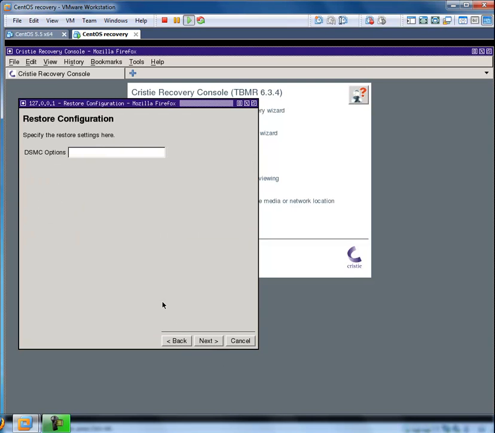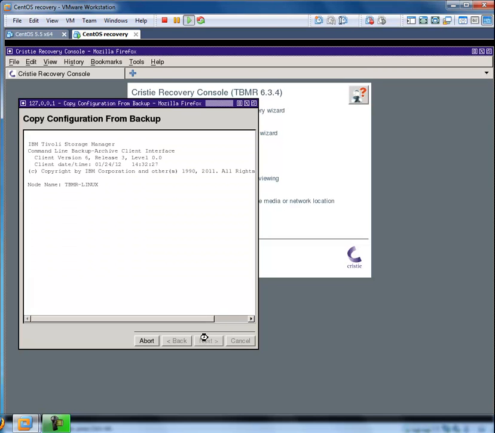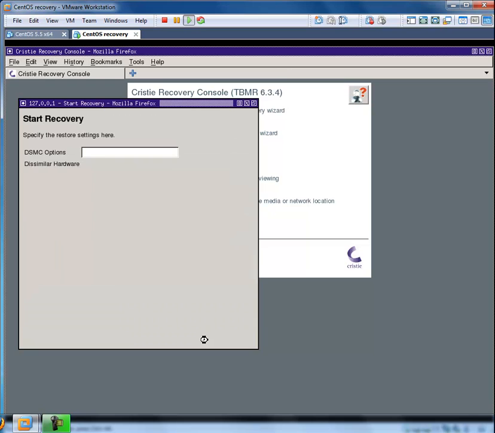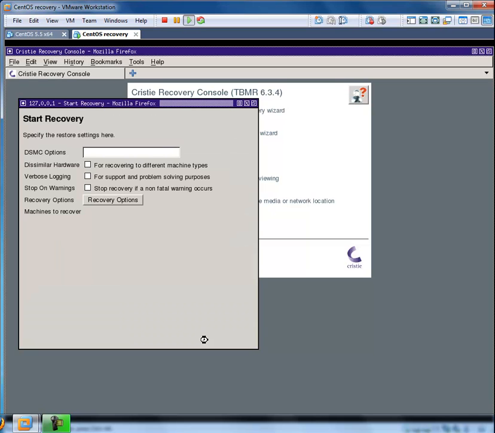Once I click on Next, I can enter in any DSMC options such as point-in-time restore, and then clicking on Next again, TBMR will now use DSMC in the background to access the node information that I've put in there. It will recover this configuration information that we created using the TBMR CFG program that's recorded in our backup. Once that information has then been pulled back, we can click on Next and we'll see the